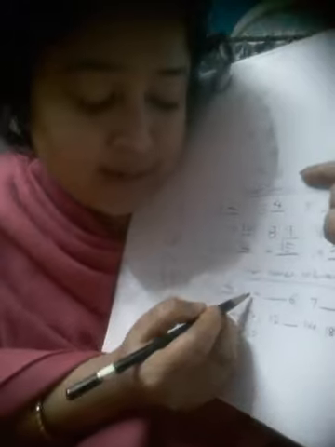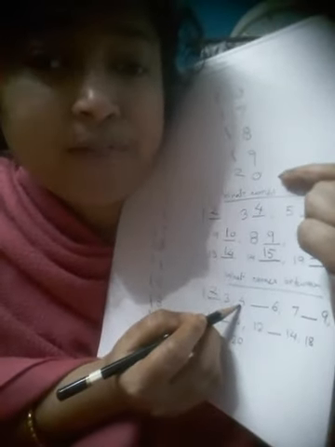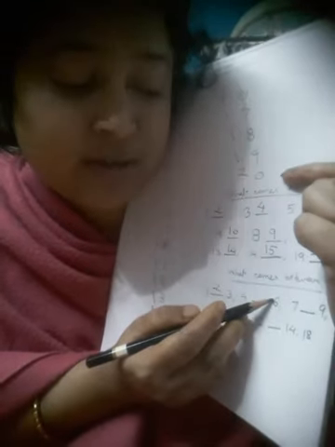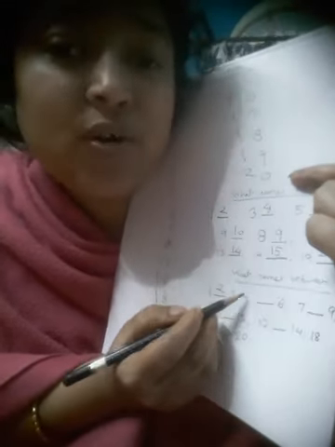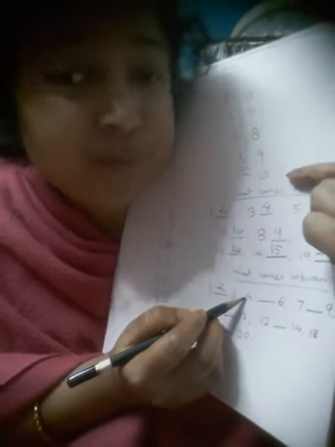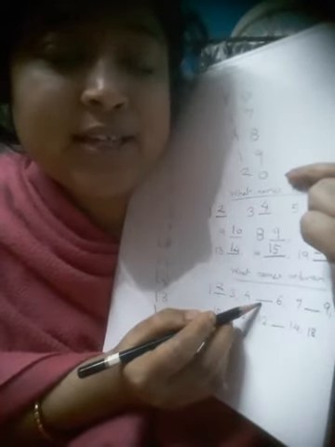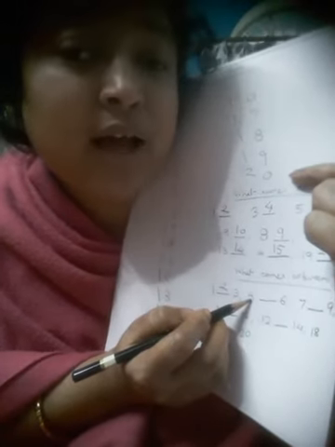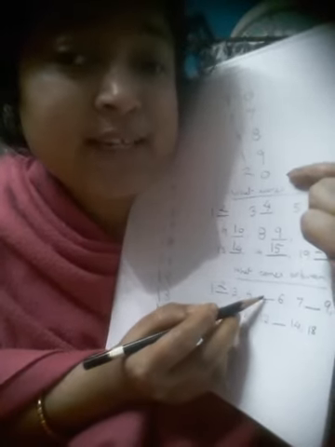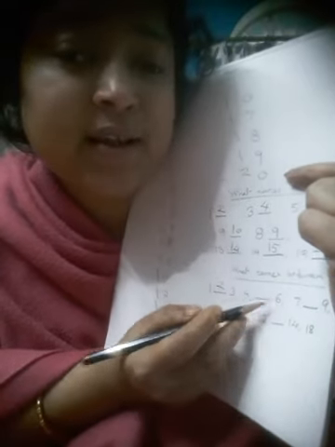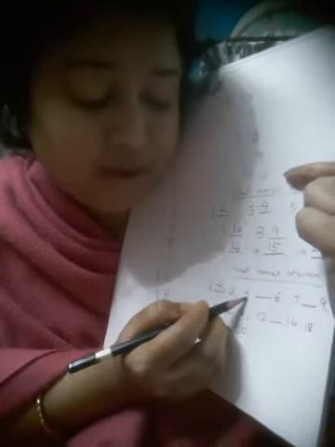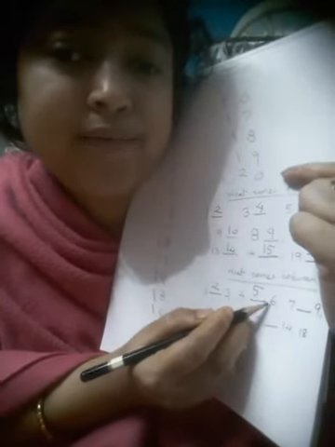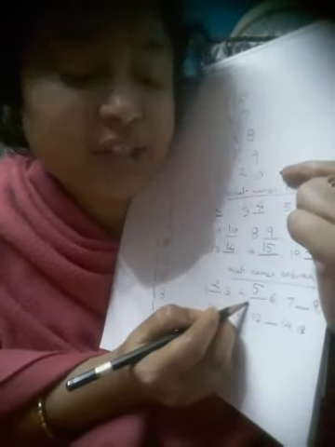Okay, similarly, what is this? This is 4 and a dash is given after 4 and then 5 is written, 6 is written. So as 4 is written previously and a dash is given after 4, you'll have to think about the after number of 4 as it is placed between 4 and 6. So what's the after number of 4? Very good, 5 is the after number of 4. So 4, 5, 6 and it's sequentially arranged.